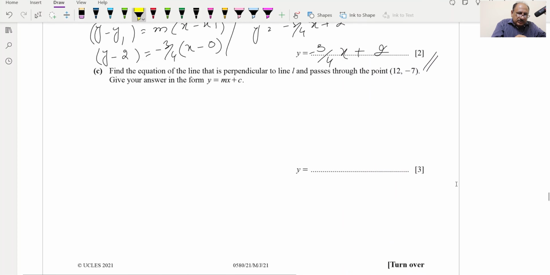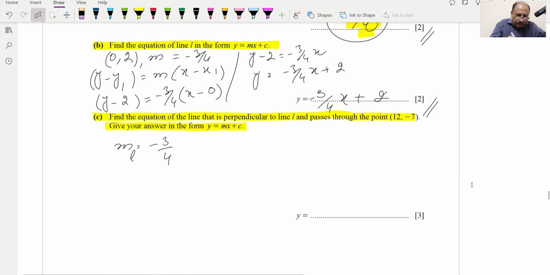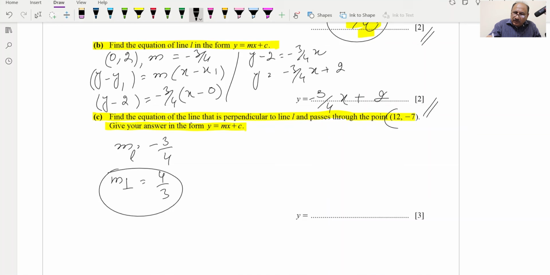Next, C part, they are saying find the equation of line that is perpendicular to line L and passes through this point. Give your answer in y is equal to mx plus c format. So gradient, we have gradient is what? Gradient of L is minus 3 over 4, which we have utilized in the previous part also, and this is the gradient for the line L. And gradient of the perpendicular line will be reciprocal and change sign, so plus 4 by 3. This is the gradient which we'll be using, and the point they have provided is 12 and minus 7,